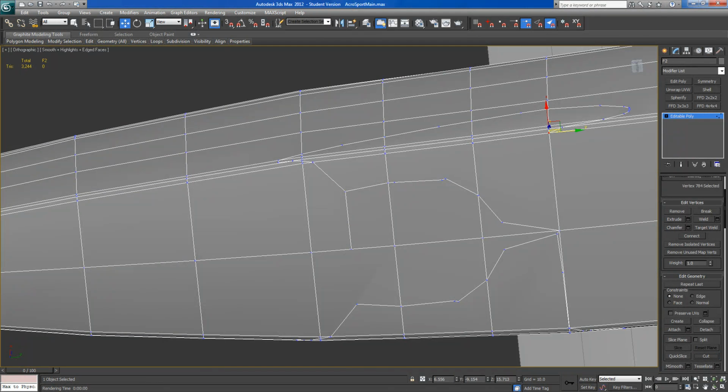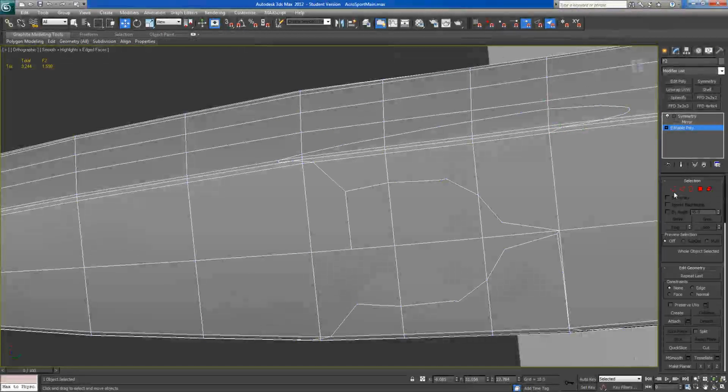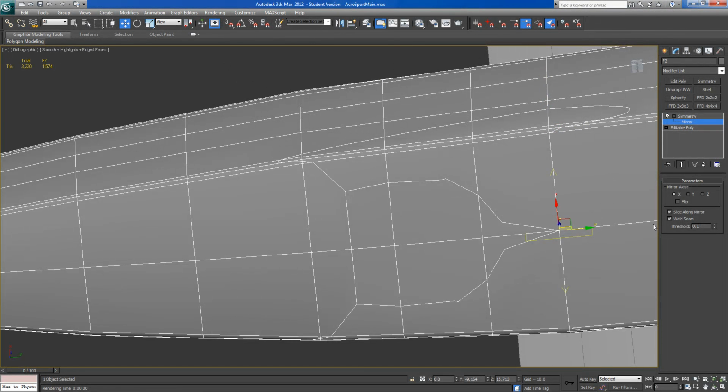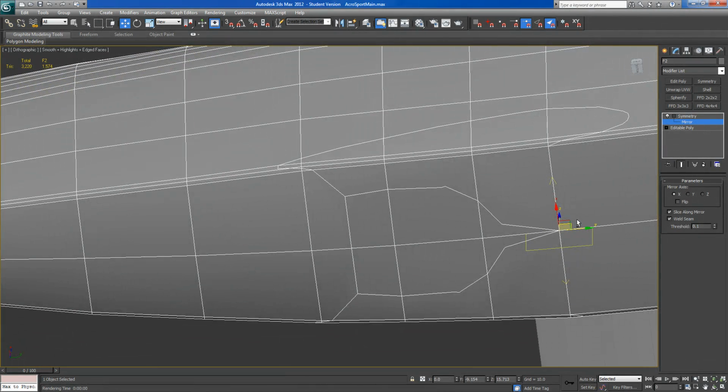Alright, great. So now let's just do a symmetry. Let's go back to turn these off here. Go back to the mirror, which I've screwed up again. Move that back, and we have no need for a flip because I worked on the correct side. And I'm going to, what am I going to